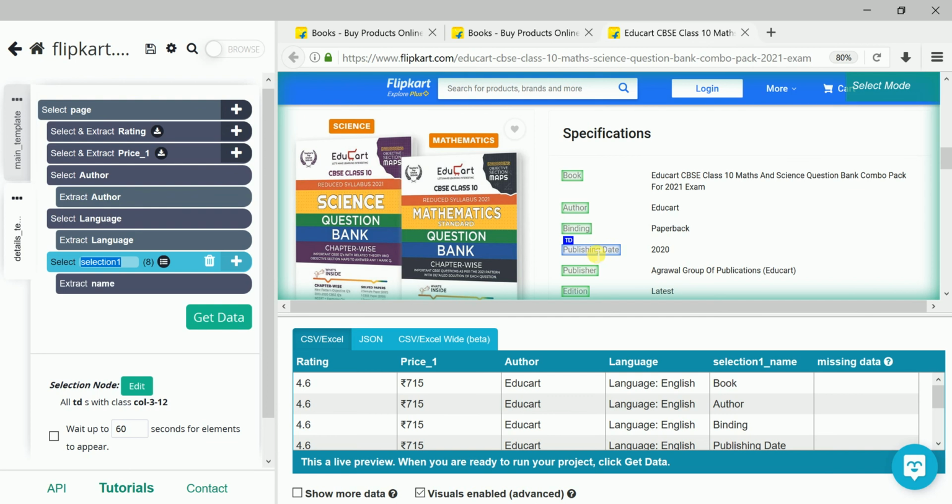So I want the value relative to when the publishing date is there. When there is content in this, say the publishing date, then I record the value. It may be 2020, it may be 2010, whatever.